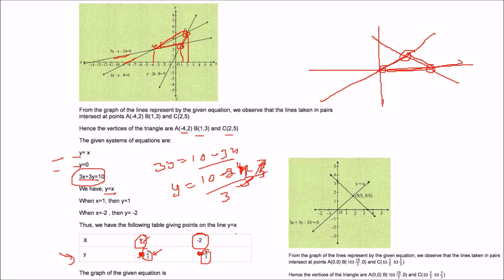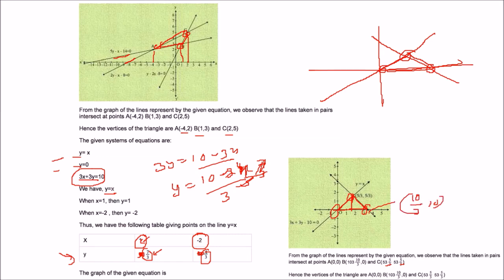So this is how we can plot it. We can easily find the value. You can put minus 4 by 3 also, so that you get a proper value. Now these are the lines, and this is the triangle we are talking about. You have to find out what points we get. Actually, it is 5 by 3 and 5 by 3, and then we have 0, 0, and this is 10 by 3 and 0.